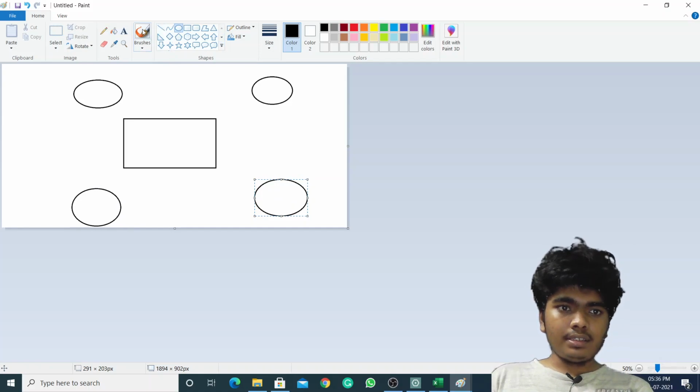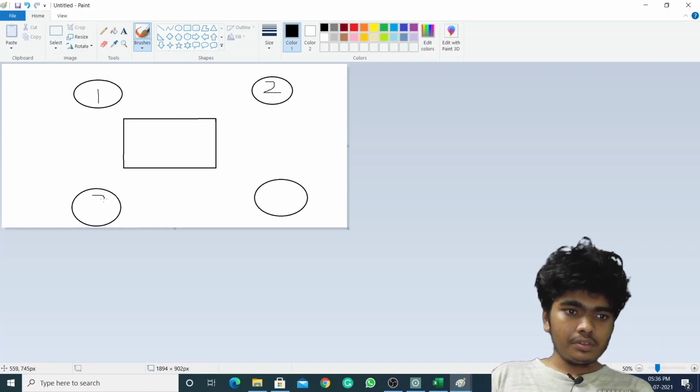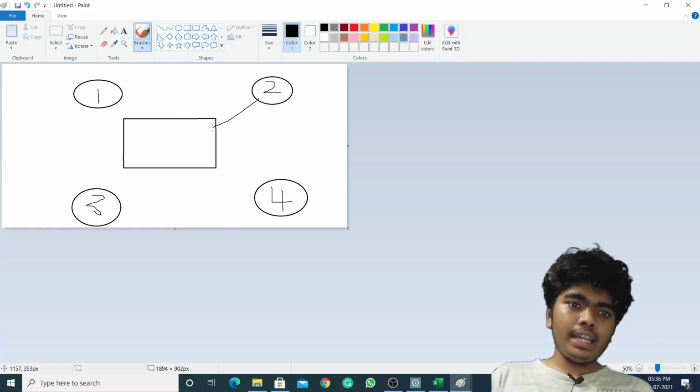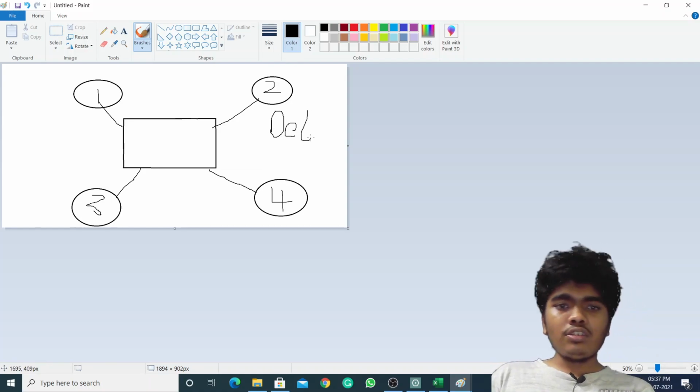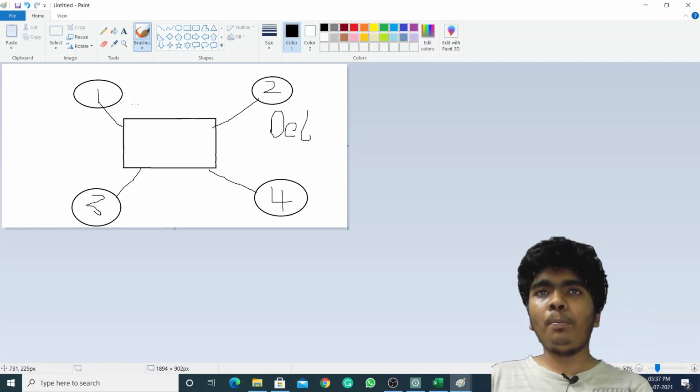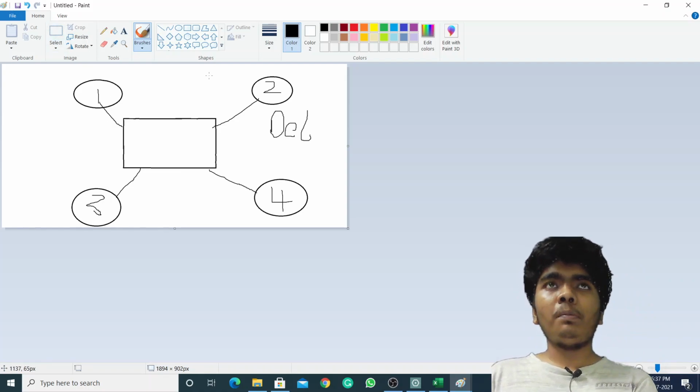If four users are simultaneously accessing the same data, then in a file system the sharing is not possible. Concurrency is not possible; only one person can access the data at a time.